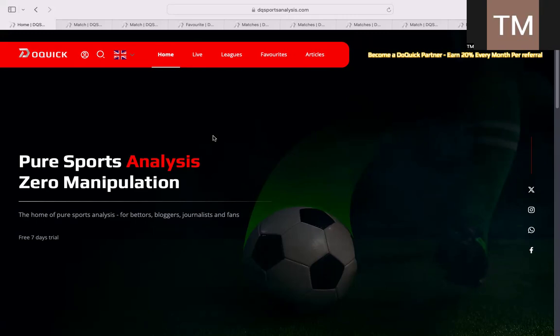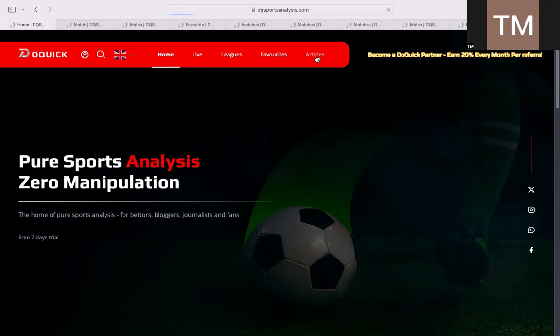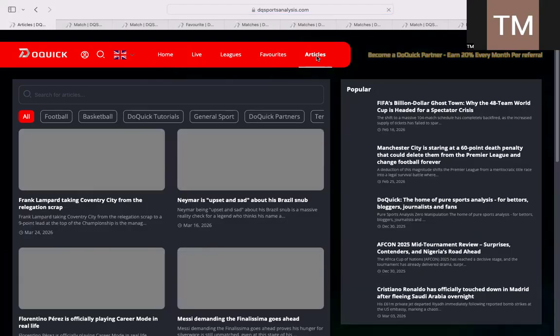First of all, you come here, you choose your language, whatever language you want to use the app in. And if you click on articles, you can see several articles that were posted on it. We keep posting articles. If you go back to the home page,